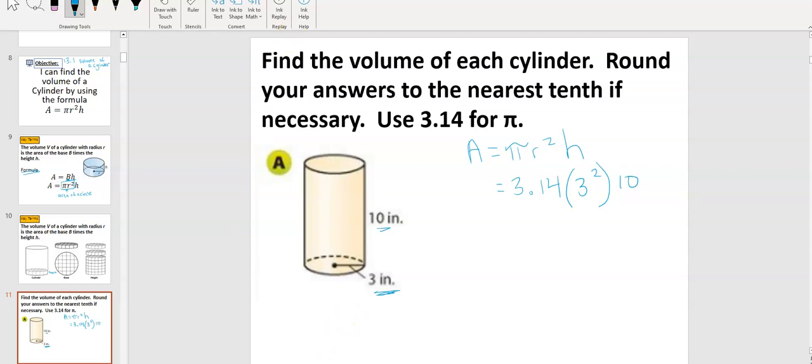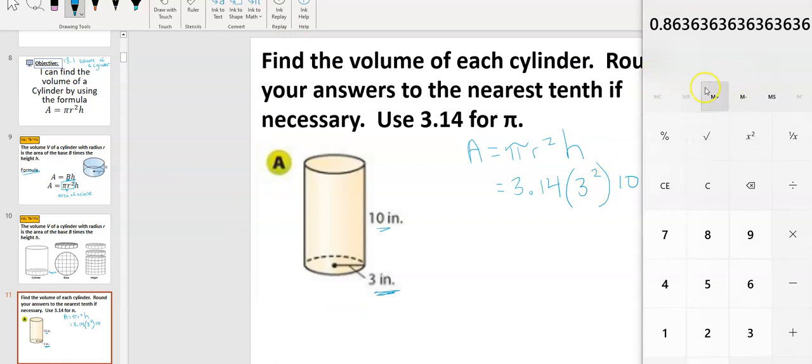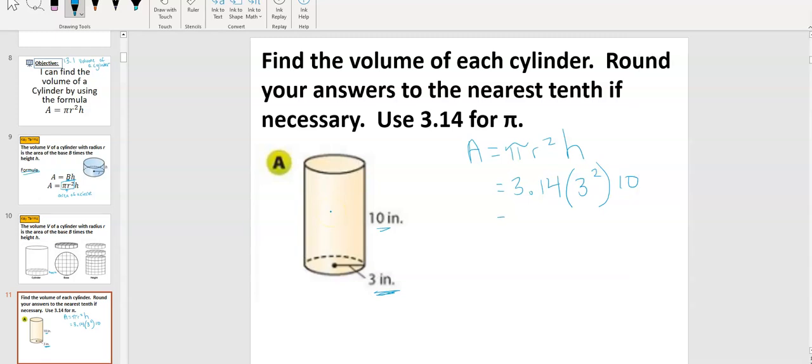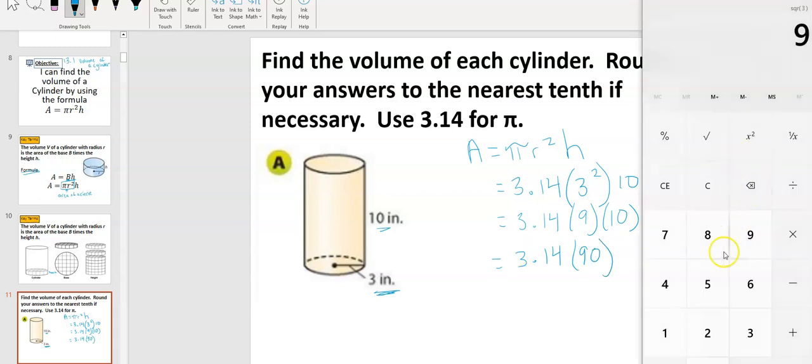We need to do order of operations. That means we need to do our exponent first. Okay, so I'm going to do 3 squared first. That's 9. So if I'm writing out my steps, I now have 3.14 times 9 times 10. And now I'm just going to multiply it out. Okay, I know 9 times 10 is 90. I could have done that on my calculator if I needed to, but on my calculator, I'm going to do 3.14 times 90. And you're going to get